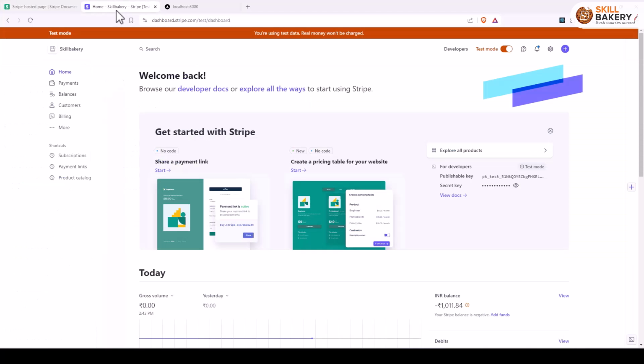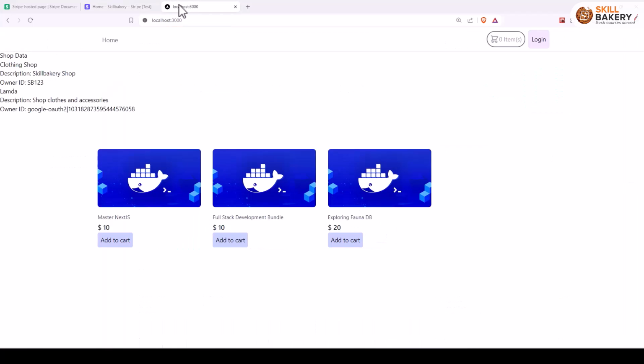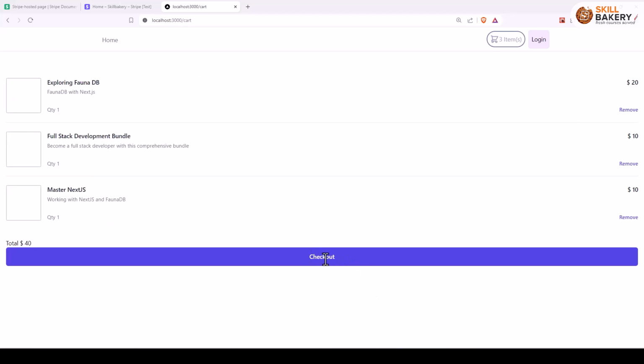application. Over here, the first thing that you need to do in our test mode is get the secret key, which you can copy from here. And after that, here we have our page where we have all the products listed, and when we click on this add to cart, the items get added to the cart. And here when we click on checkout, it needs to take us to the Stripe checkout page